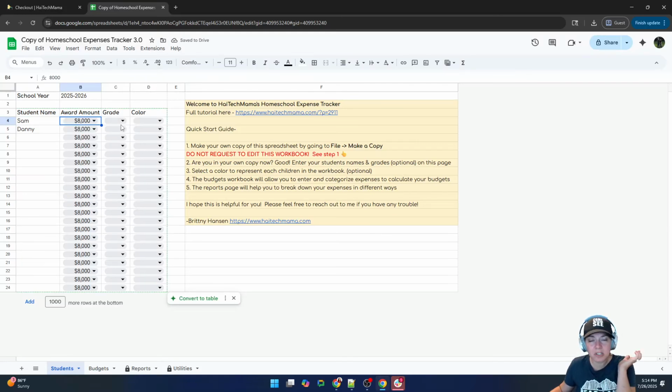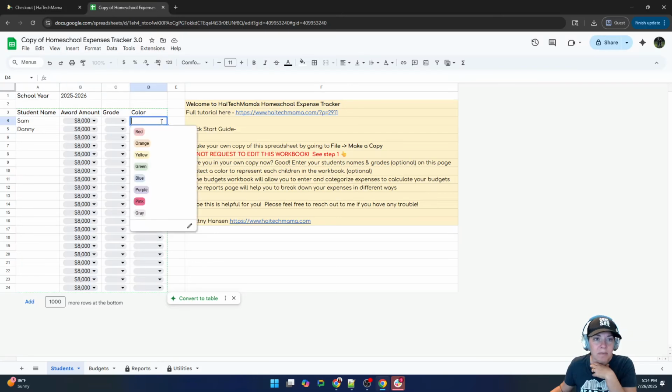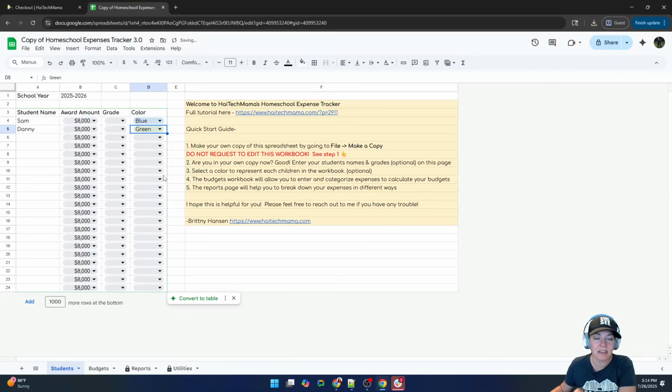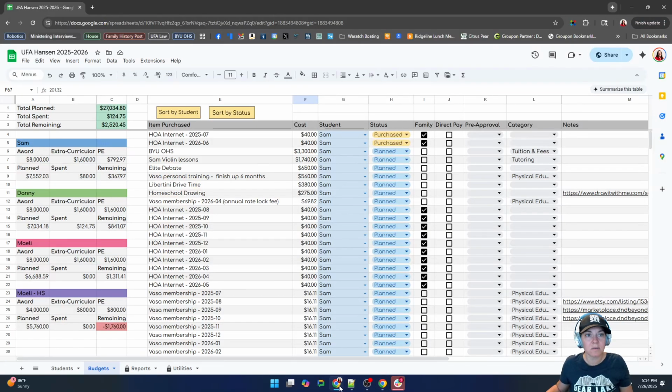Grade is totally optional. I just like to once in a while remember what grade my students are in, even though they're homeschooled. And then you can pick colors for them. This is, again, totally optional, but I feel like it makes it a lot easier to see at a glance my kids' different budgets and be able to organize things quickly. So I am going to actually switch over to my actual expenses sheet that I use with my kids to show you the rest of this, because I think that's going to be a little bit easier to show you